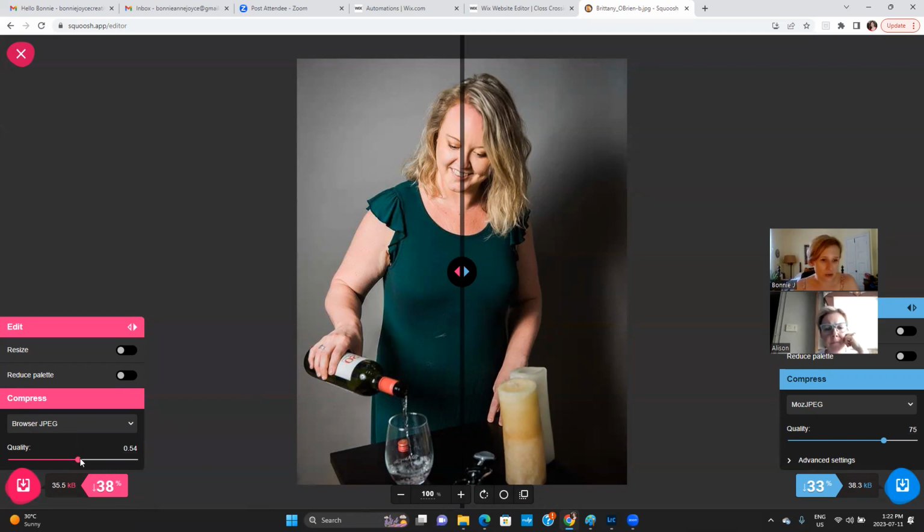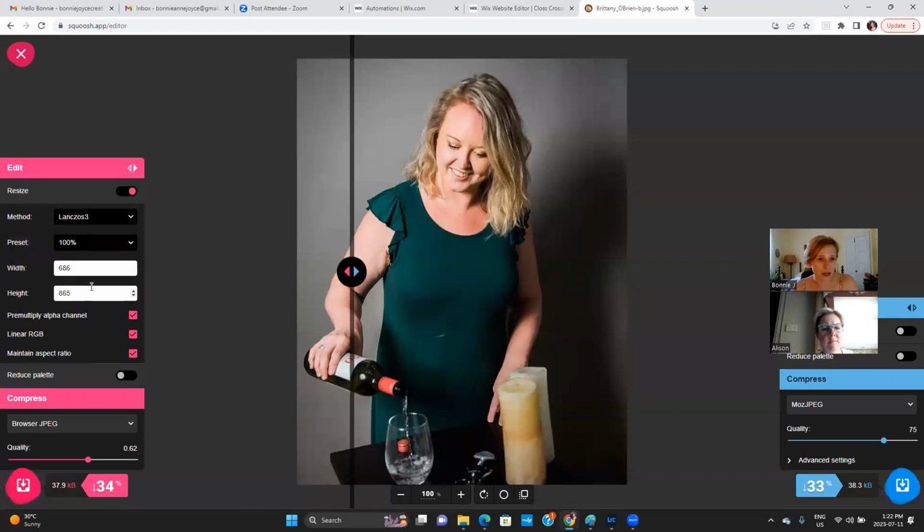And you can make it even smaller depending on how large the photo is going to be on the site. This will show you what it looks like before and after. Often you can't tell any difference. The eye can't even tell. The other thing you can do, if you're looking to resize a photo, is you can go to resize here and you can actually change the size of the actual image. So that might be helpful for you, to not just change the quality, but change the actual size of the photo. You can play around with that.